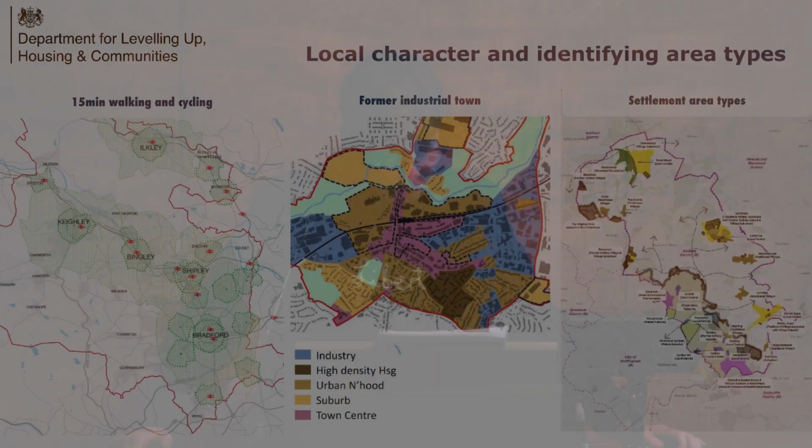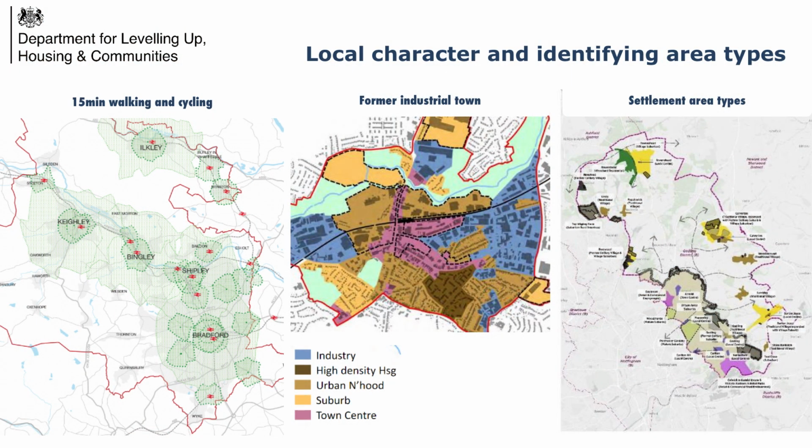So on these 2 images, on your left-hand and right-hand side, you can see 2 very different approaches to beginning to analyse places at the scale of the local authority. On the left-hand side, it maps 15-minute walking and cycling bands to understand the settlement proximity in relation to ease of movement. And on the right-hand side, the local authority is drawn on its former industrial growth patterns, looking at landscape and settlement sizes to inform the area types for prioritising what to code in different settlements across the